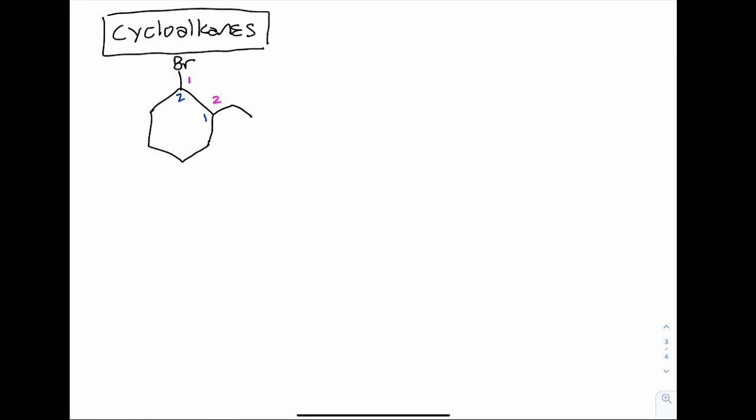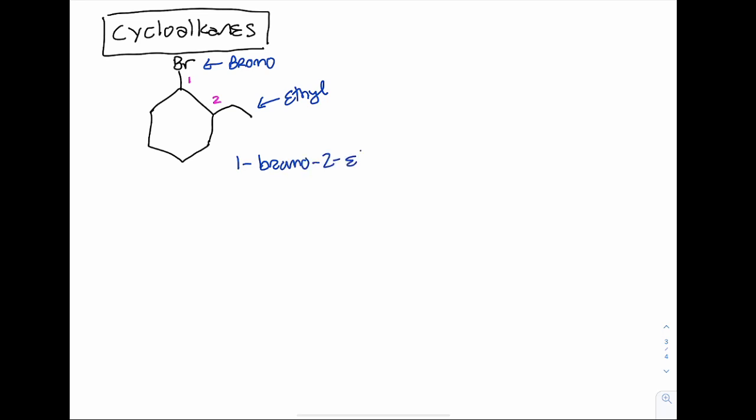So this is where we're going to use the alphabet. This group is a 2-carbon group. 2 is eth. It's an alkyl group, right? A carbon substituent, so ethyl. This is bromine, which is bromo when we name it. And B comes before E in the alphabet, so we're going to use those pink numbers. We list them alphabetically, same as before. So 1 bromo,